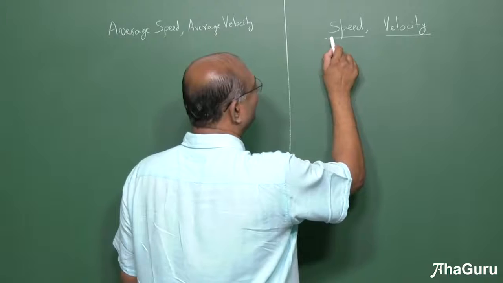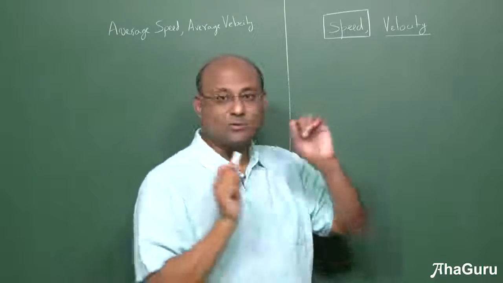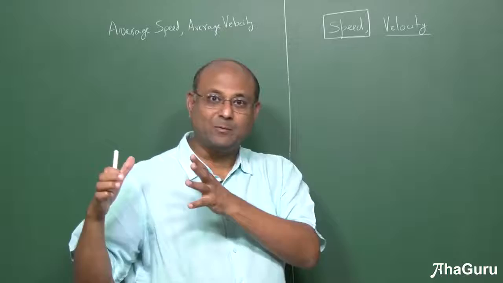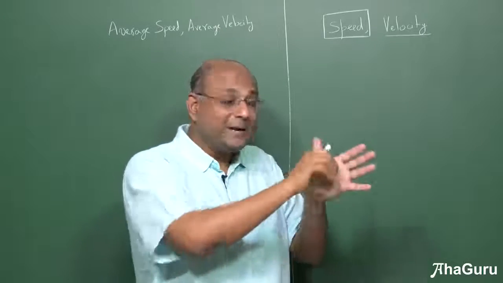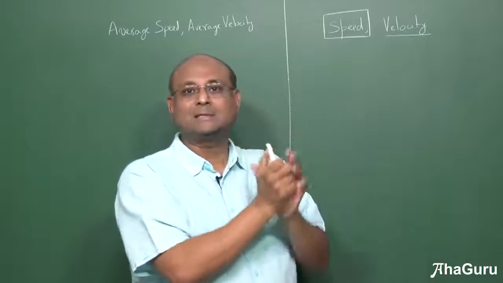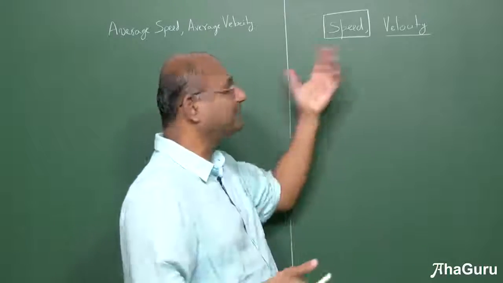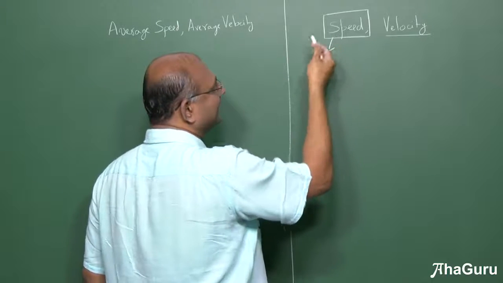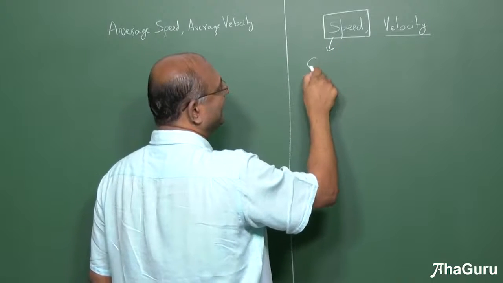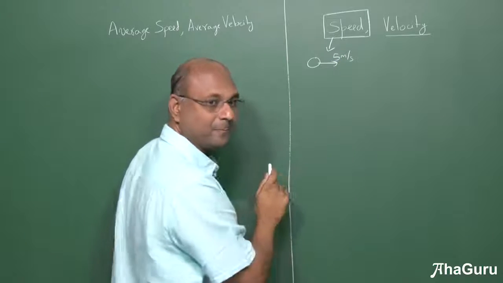Let us now look at what is speed and what is velocity. First, let us look at what is speed. Everybody knows what speed is, right? If you're taking a car or you're taking a bike and you're going, you know that your speedometer tells you 30 kilometers per hour, 50 kilometers per hour. So that is the idea of speed, how fast you are moving. So now let us say that we can also measure it in meters per second. Let us say that an object has a speed of 5 meters per second.